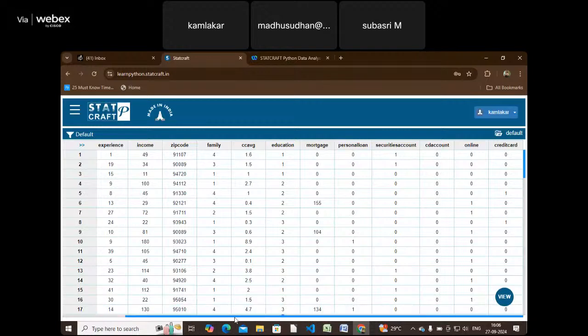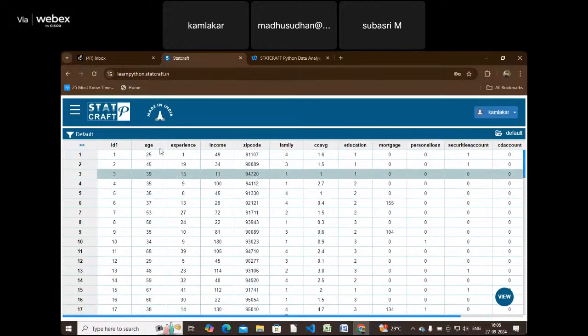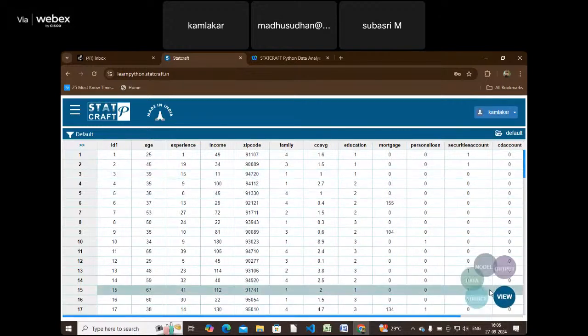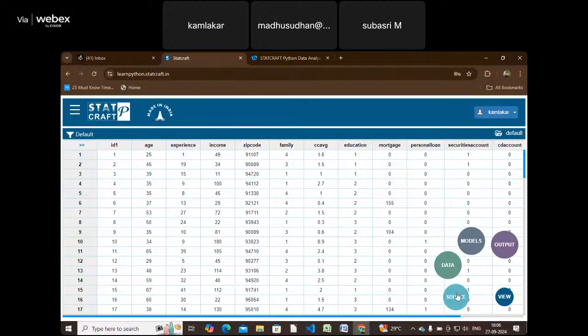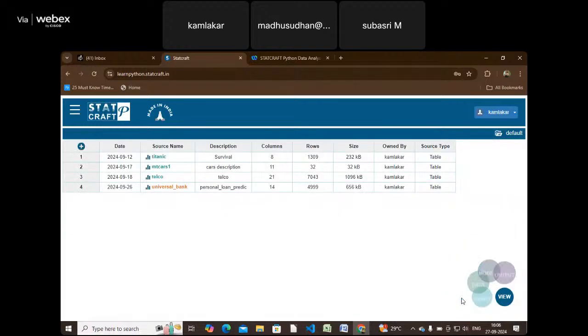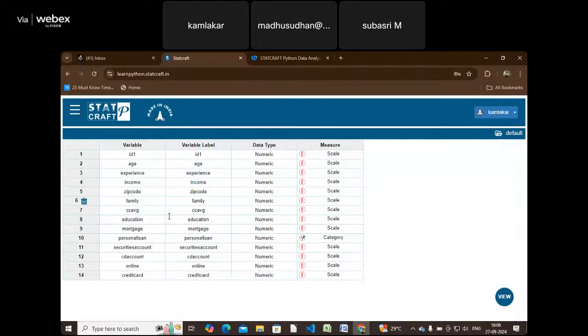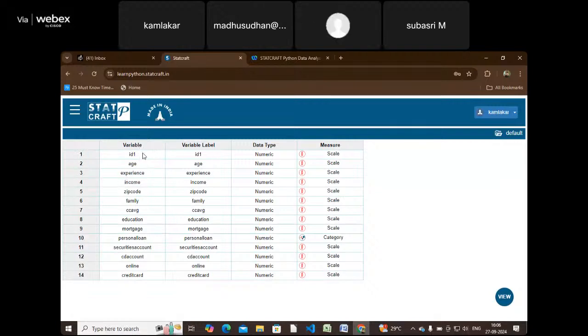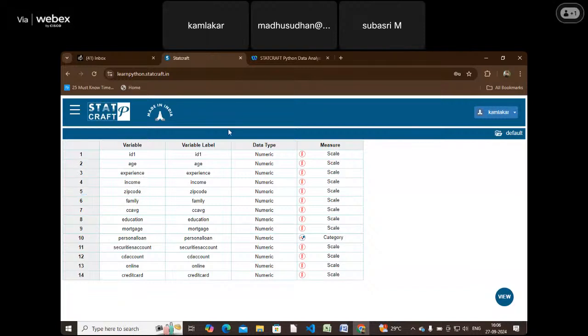You can see here we have loaded our data set, and if you want to see what the number of columns present in the data set is, you can click on this view, then source, and you have to click on this meta. So you can see here we have all the variables contained in our data set. You can see ID, age, experience, income, zip code. If you see carefully,